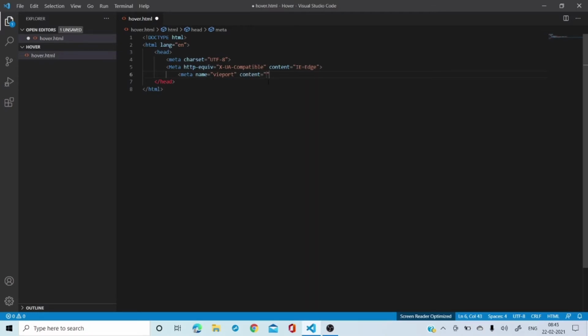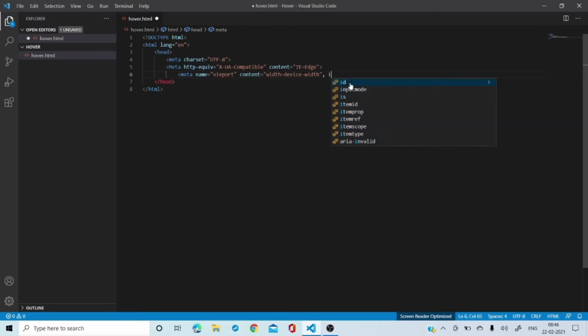Since you are making it responsive, you're going to write width equal to device width. This means whenever you are viewing the screen, for example on mobile, it is going to adjust the website accordingly. So whatever device you are using, that width it's going to take, comma.